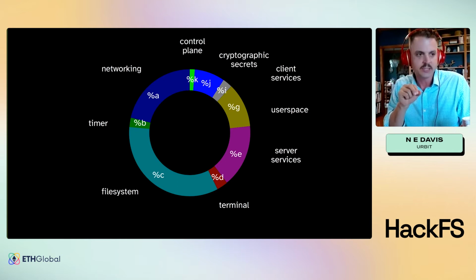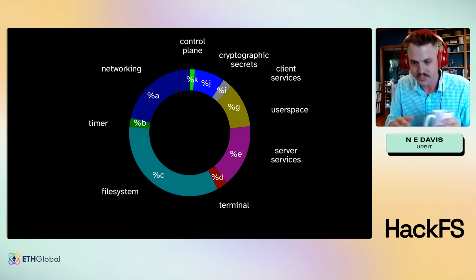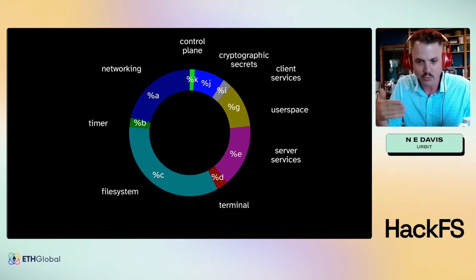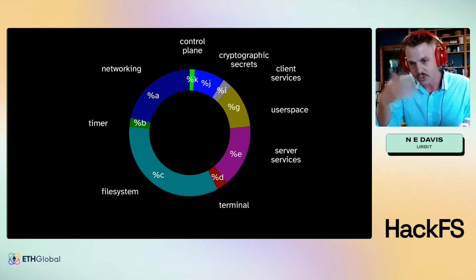So you don't see, for instance, machine learning algorithms, right? These would be relatively inefficient to do on a VM style system. Of course, we do this all the time on the cloud as things currently stand, but you take my meaning there. You want to run things like that as close to the metal as possible. There aren't visualization tools, for instance, because those would typically reside in the front end. And this is kind of purely a back-end view of the system. And of course, you can do that in user space. You can do that for end user applications, but primarily that's going to live in whatever client is talking to Urbit as a server.